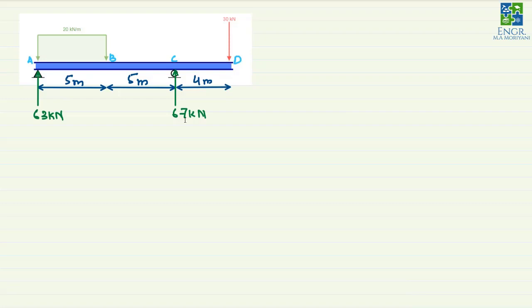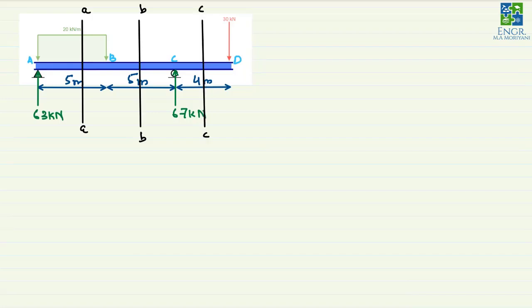And based upon the region, we have to develop the equations as well. Now, in order to develop the equations, we have to cut a section. So I'm cutting this section, and I call this AA. And I have to cut another section as well for BC, and I call this as BB section. And we are cutting this in CD as well, and we are calling this as CC.